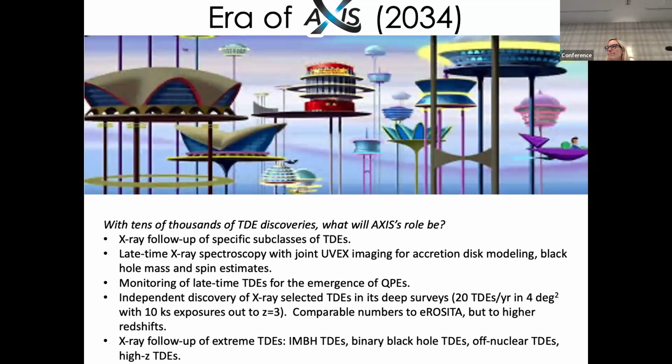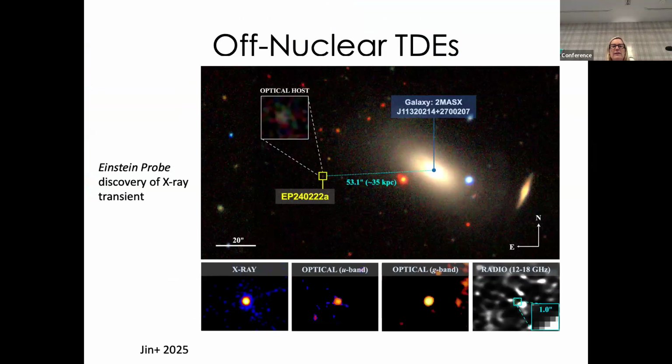So the off-nuclear TDEs are really interesting. So how do you distinguish them from supernovae? The X-rays. So X-rays are rare, and so this source was discovered in the X-rays, and then it's interesting enough to follow up and get the multi-wavelength follow-up, and it has the properties of a tidal disruption event also in the UV and optical and its spectrum.